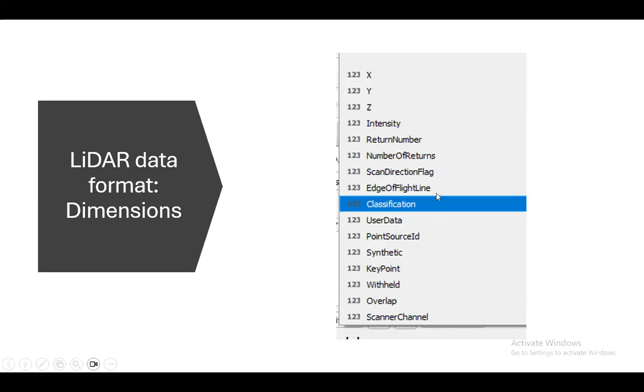The timestamp for each pulse is also recorded. GPS information is recorded. So many other pieces of information are recorded while storing the data. All this information is applicable to a single point, so each point will have all this information.